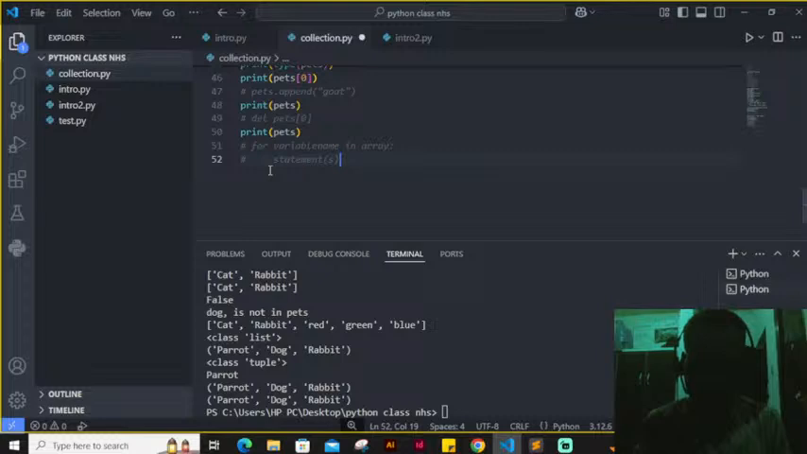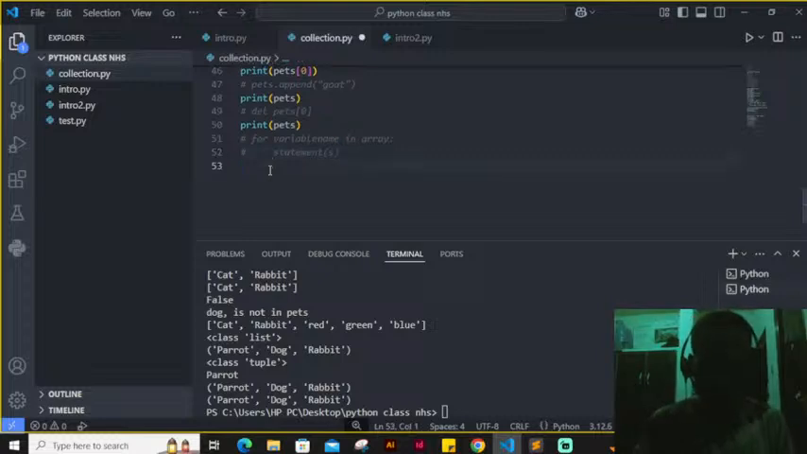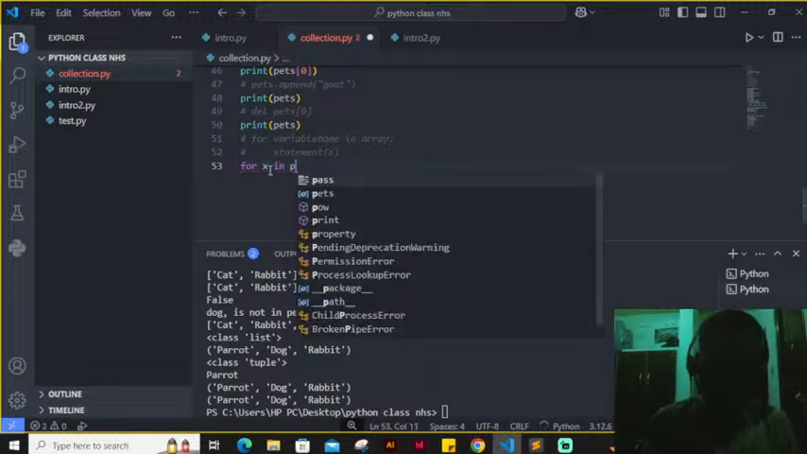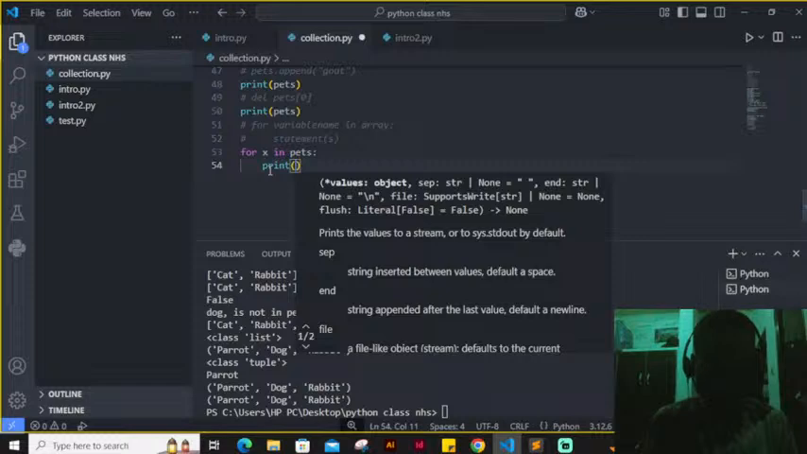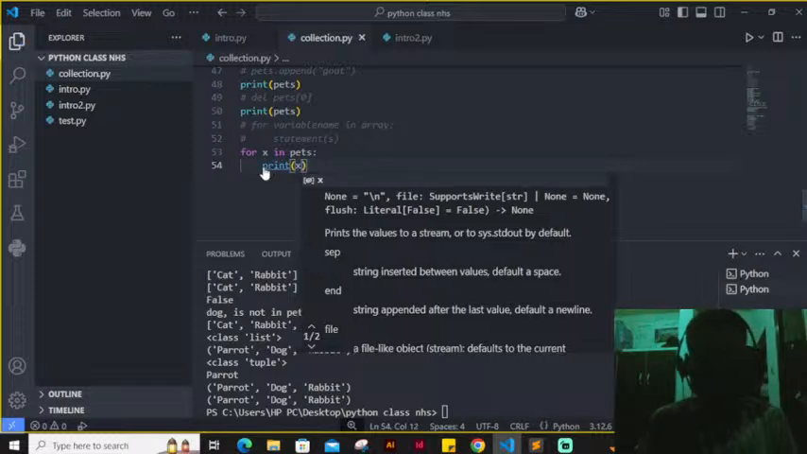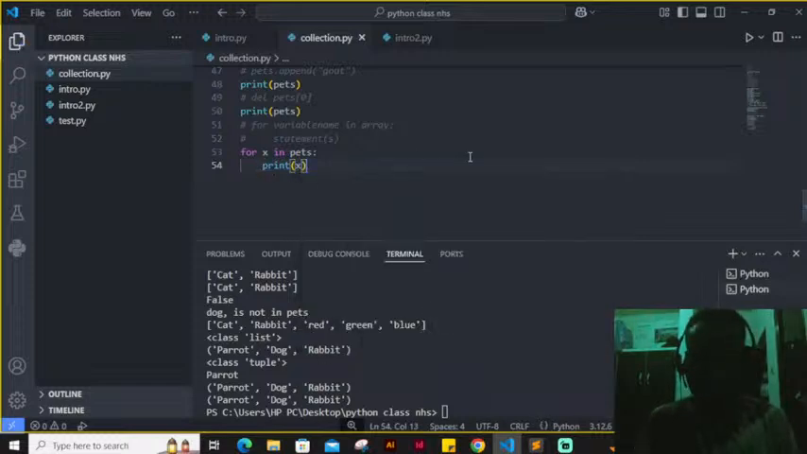I said for variable name in what? In array. So for my variable name, let's say I have X as my variable name, in the array. My array name is what? Is pet. Then I will now say print out, which is my statement now. Print out what? X. Alright. By the time I run this program now, I'm going to get